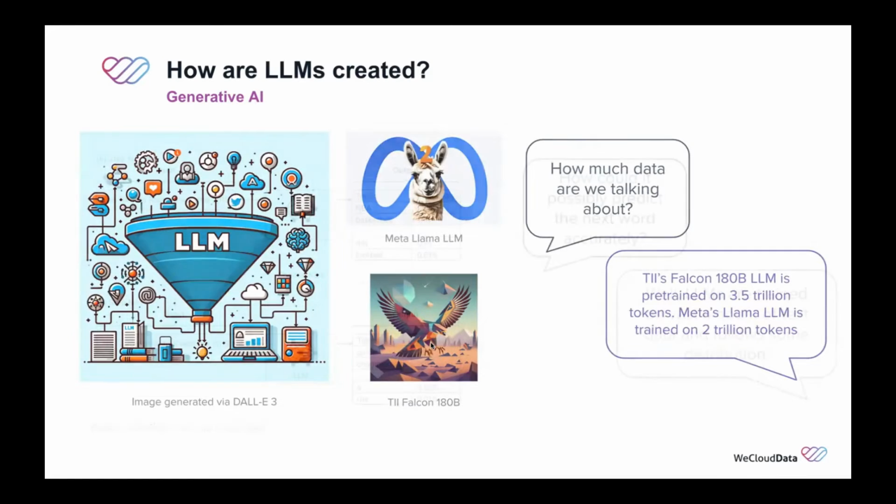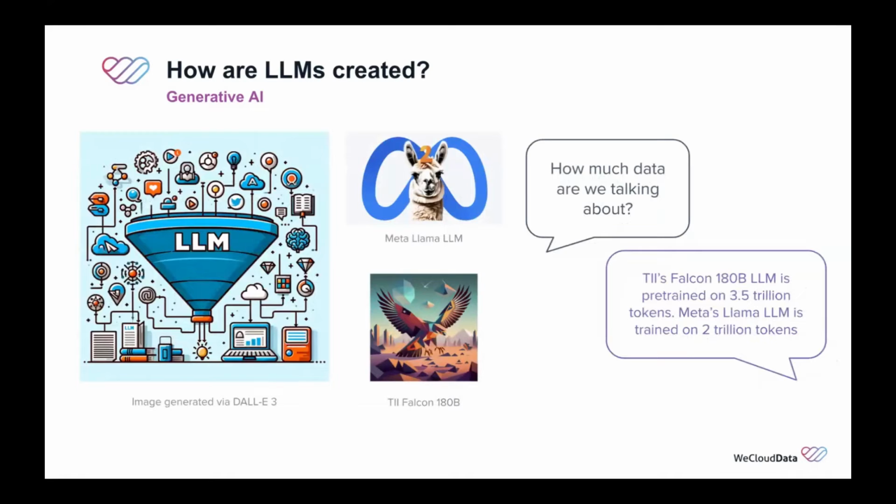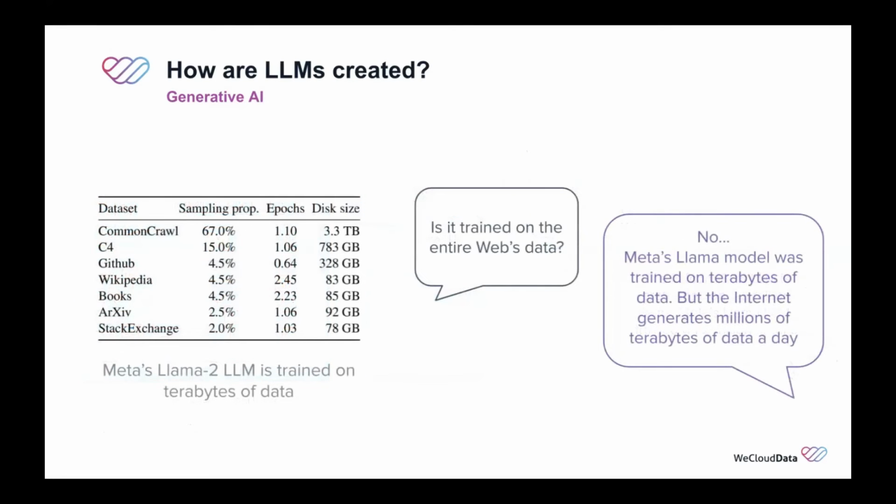But we need a lot of data to train a large language model, and not just data, but also computation power. But how much data are we talking about? For example, Meta open sourced the Llama 2 model. I believe they're working on the Llama 3. Another open source model is the TII Falcon 180B, or they have 40B and 7 billion models as well. These models are pre-trained on trillions of tokens, and very expensive to train, right? So they need to feed a lot of text data into